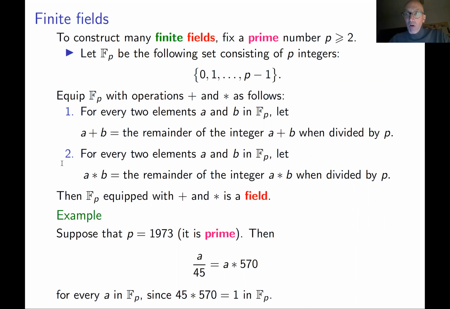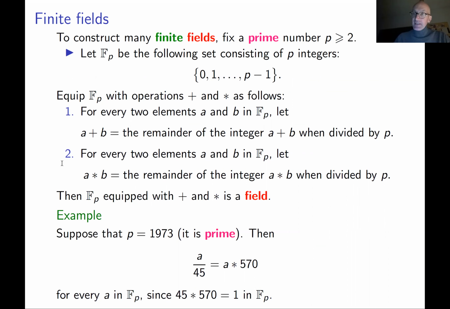What about 4? Unfortunately, this construction is not applicable when you substitute p to be 4, because 4 is not a prime. If you just put here in this slide p to be 4, it's not going to work. It's not going to be a field. Basically, because 2 times 2 is 4, it should be 0. So you get 2 times 2 is 0, it's a problem. It basically means that 2 doesn't have a multiplicative inverse in this field. So there should be another way to construct the field of 4 elements, if such a way exists.